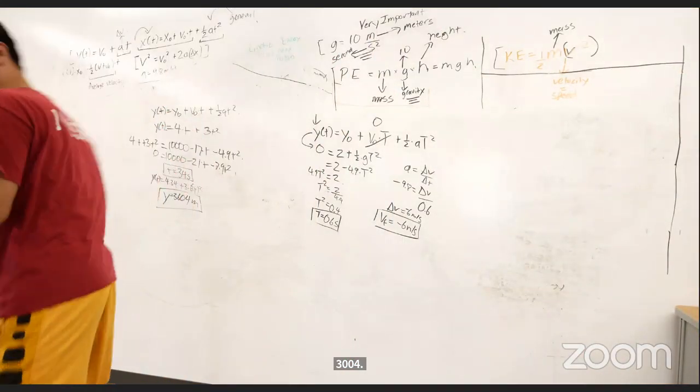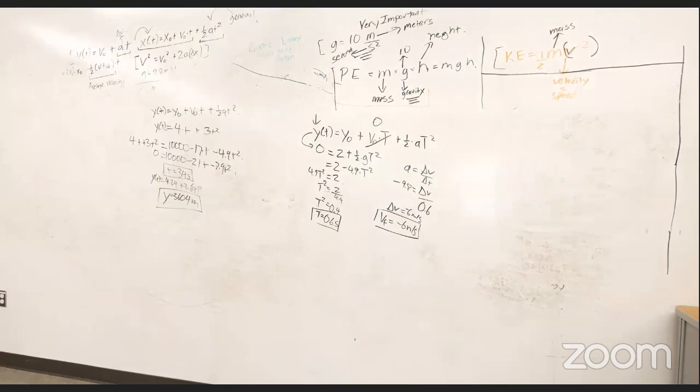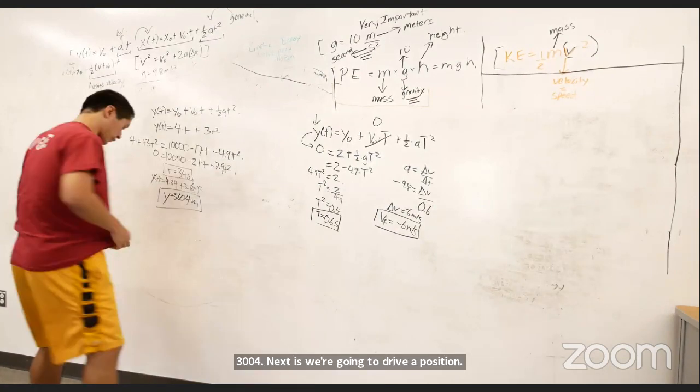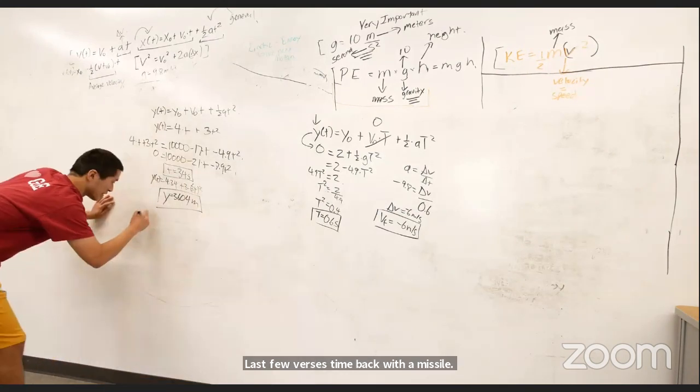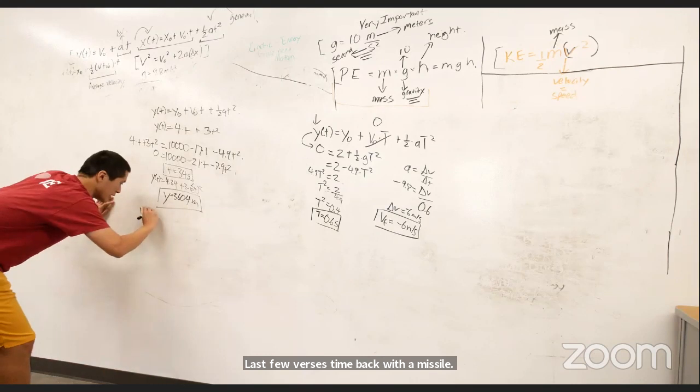Okay, so what we're going to do next is draw acceleration, position, and velocity versus time graphs for the missile. First we'll determine the final velocity, and then we'll draw the graphs. So let's first write a velocity versus time function for the missile. The velocity of the missile at time t is v naught